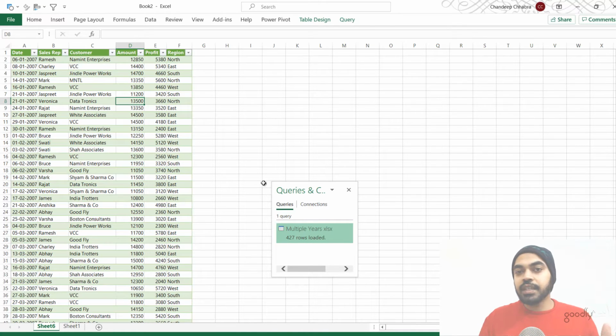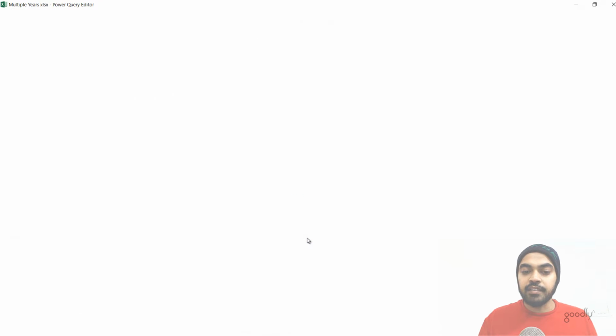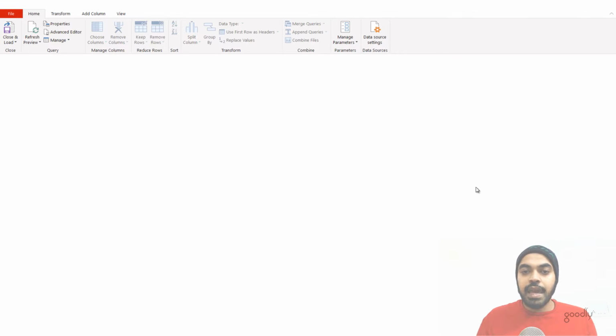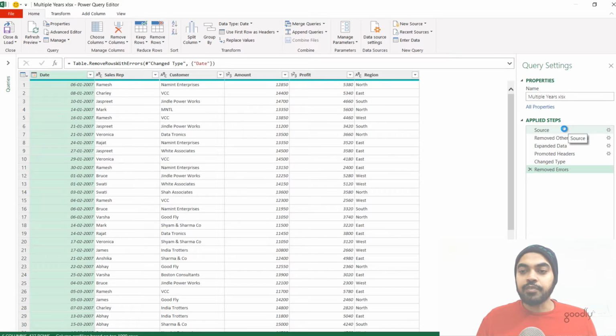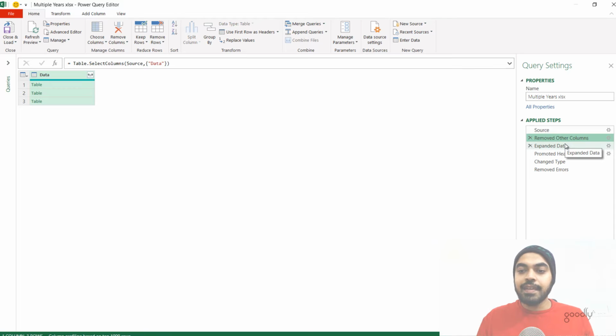Now let's just go investigate the reason for that. So I'm just going to click on the multiple years Excel file, the query right here, and let's just start to investigate the steps that we have created. So we were on the source step, we removed the column, so far so good, and then we expanded the